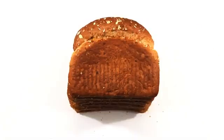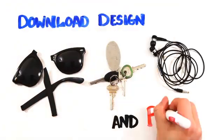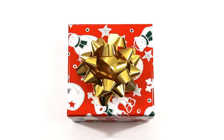Lost or broke something that you can no longer buy? Simple. Create or download the design online and 3D print it out. Have a specific or personal holiday present idea and can't find it? Print it. In fact, GE's Tumblr,